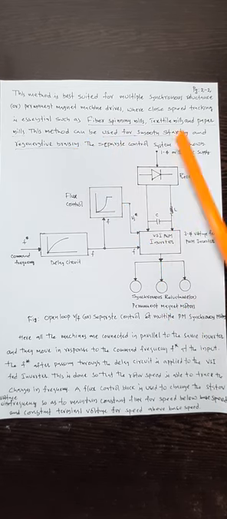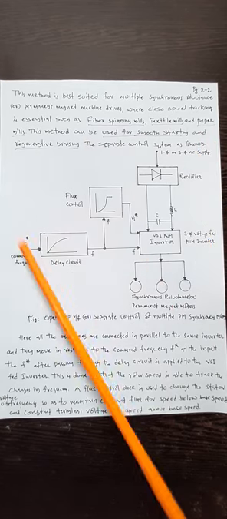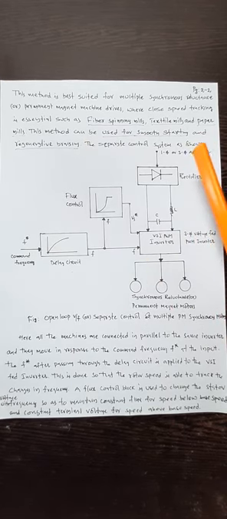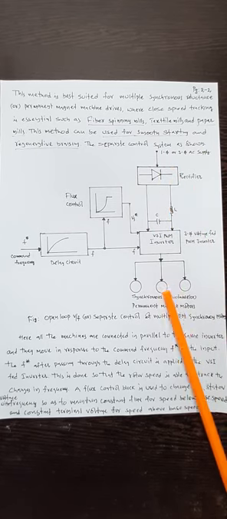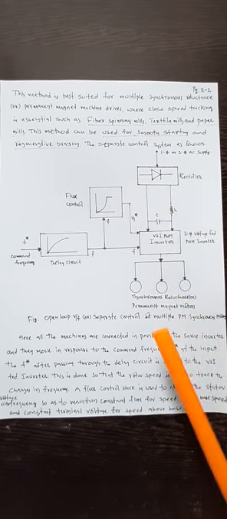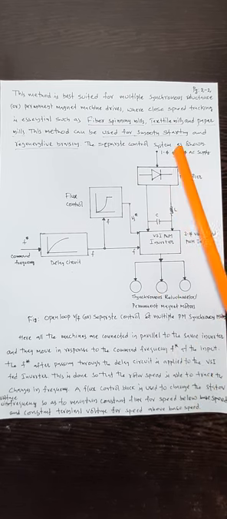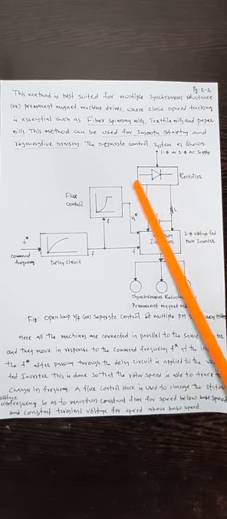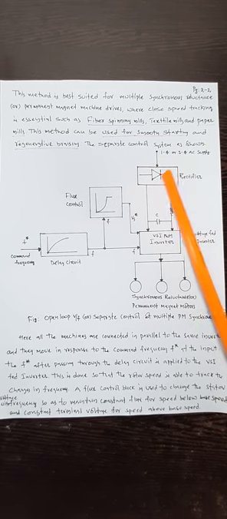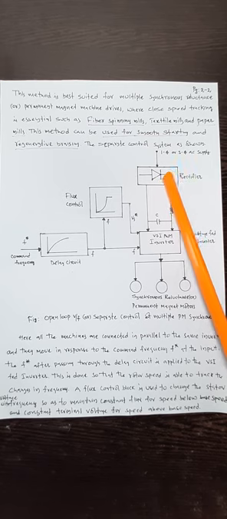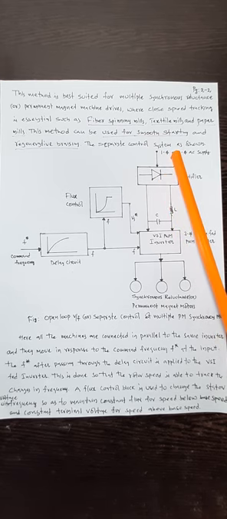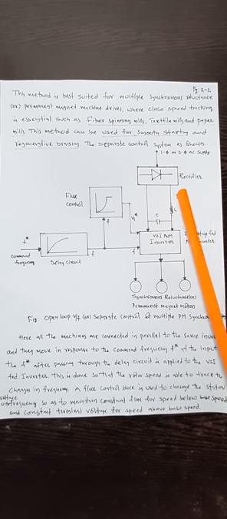See the separate control system as shown. This is the configuration of the system, showing how the synchronous reluctance or permanent magnet motors are to be excited. Initially, a single phase or three phase AC supply is fed through a diode rectifier. The speciality of a diode rectifier is that it takes a constant AC supply and converts it into a constant DC supply. It does not give a variable DC voltage. It gives only one voltage.